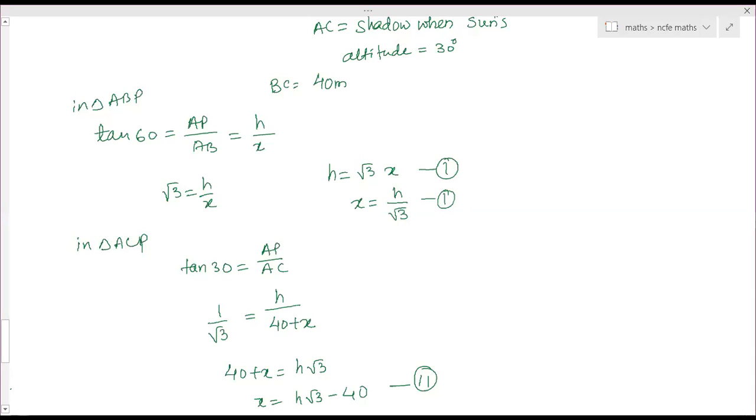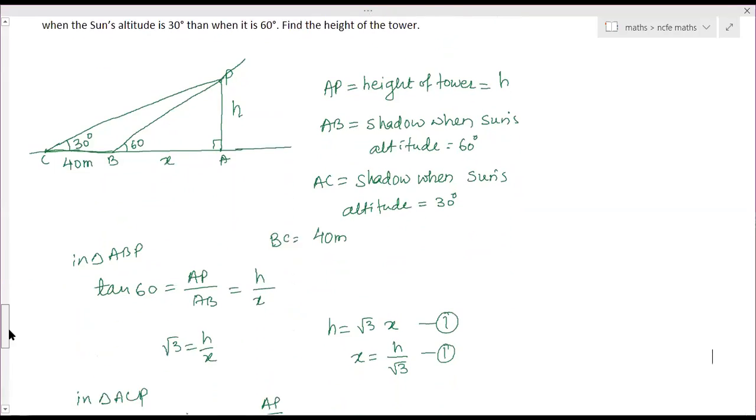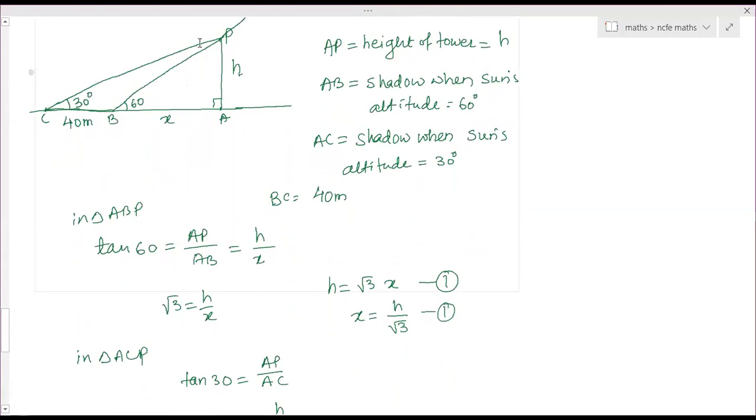Now in this question, which trigonometric ratio do we have to use? How to find that? Which values have been given and which values have been asked? It depends completely on that. Here in this triangle, we have to calculate the height of the tower. What values are given? The base, the horizontal distance, we know. We don't know anything about the hypotenuse.